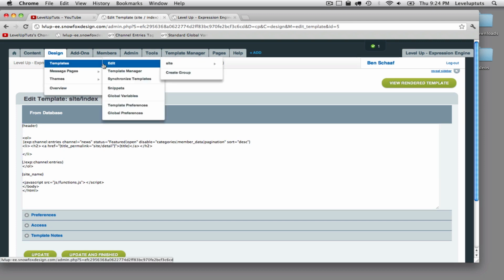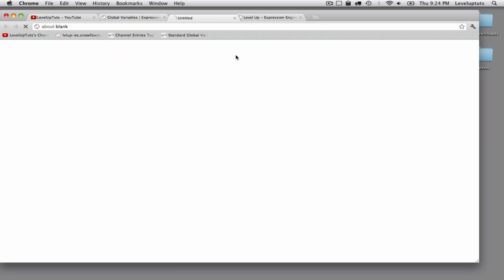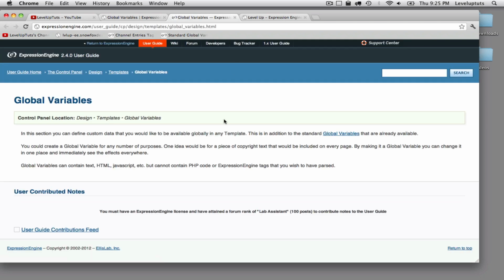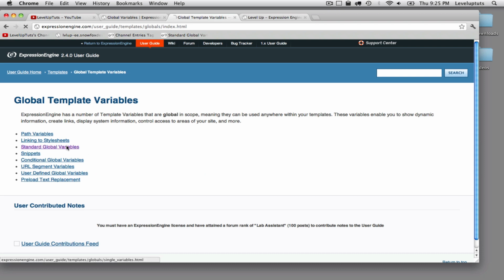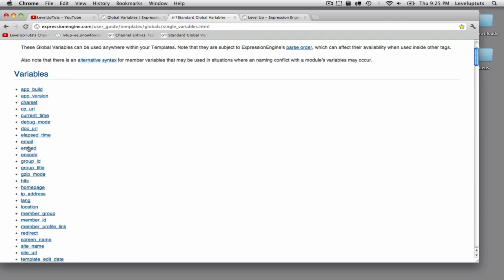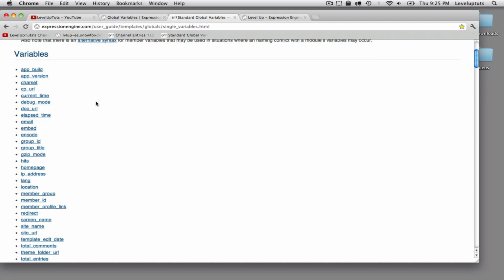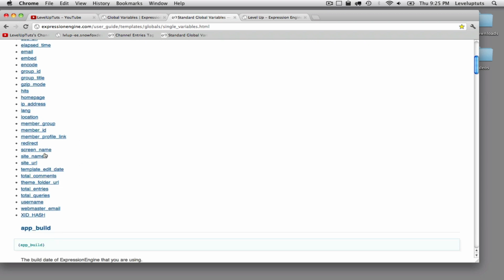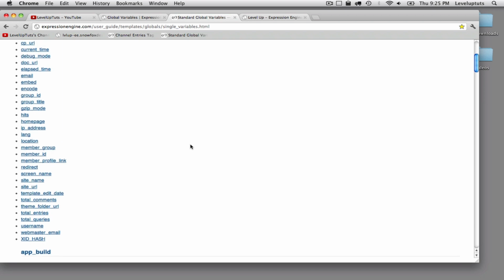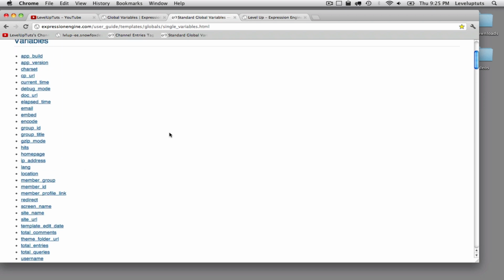Certainly you can bring up the documentation, so I'm going to go to design, templates, global variables. I think maybe if I click help here, it will bring up... Oh, here we go. Standard global variables. So there's quite a few: embed, encode, gzip, hits, and it goes on. And here's the one that we were using, site name. And so this is a predefined list, but with ExpressionEngine you can create your own custom global variables,